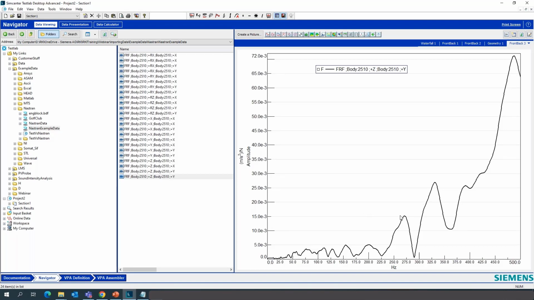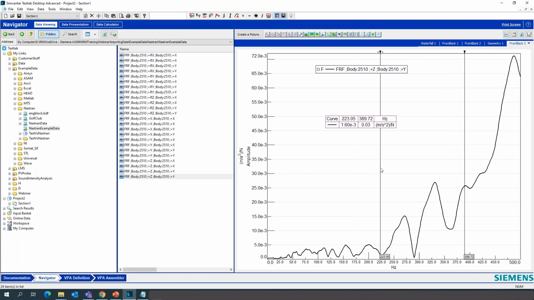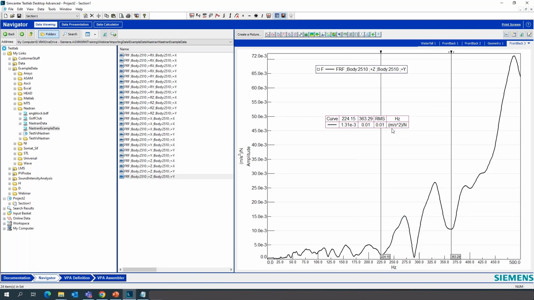And when I look at the data here in TestLab, if I want to do some calculation, let's say find an RMS value over a certain frequency region, I can put a double cursor X. I can move this cursor and do some calculations on it. I say RMS, and it will tell me the RMS value for this curve within this frequency range.